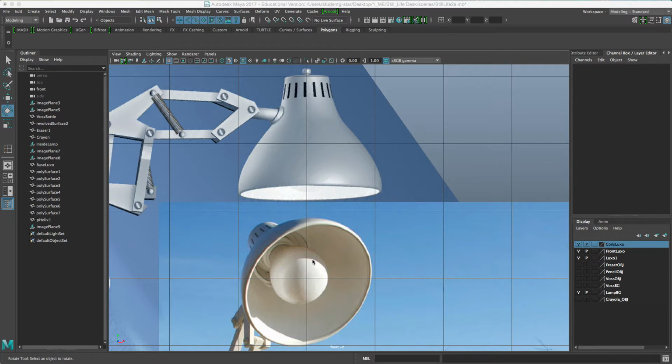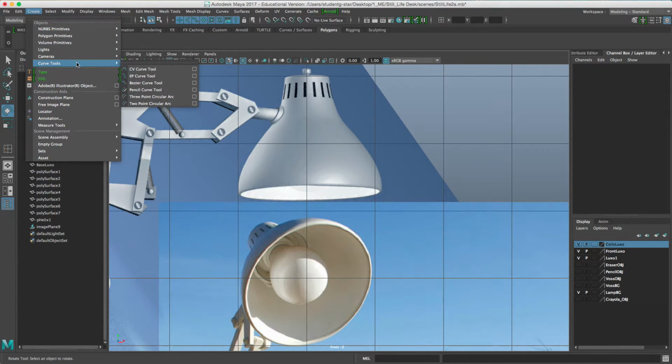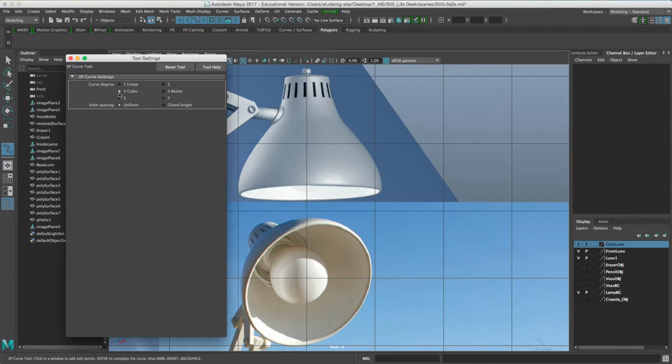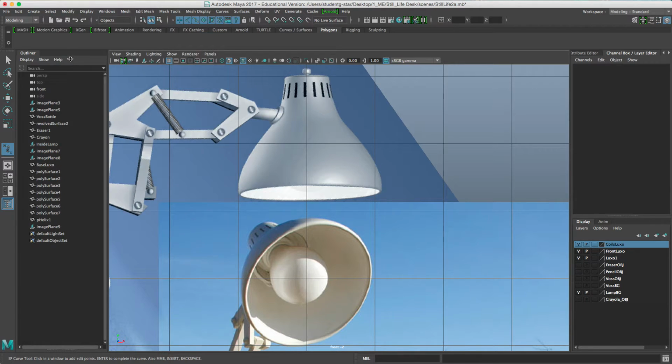So as you can see inside of the Luxo Jr. lamp, there is a lot of information that we need to use with our EP curve that we have to create. So let's go right into the Create Curve Tools EP Curve Tool option box, and we're going to make sure it's selected 3 cubic. Before I use the EP Curve tool, I think it's really important to draw a silhouette